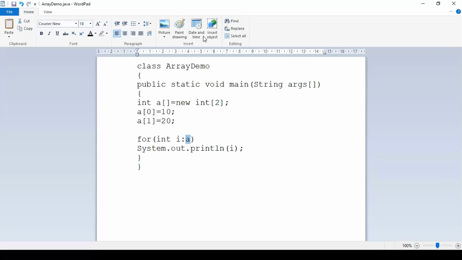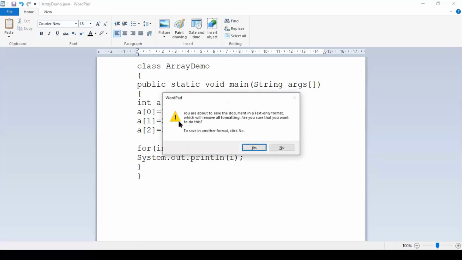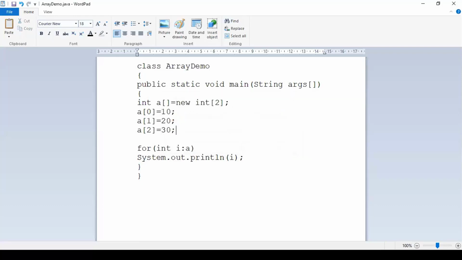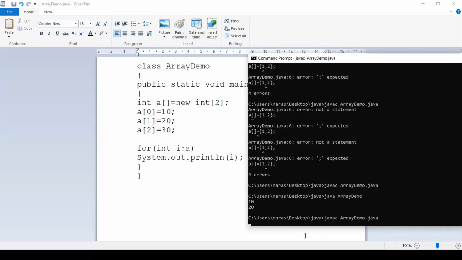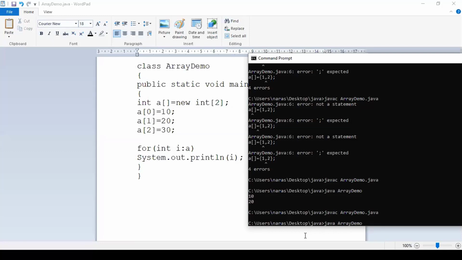So sir, what if we use the jump statement, what would happen? See, based on the instructions, whatever you have written, it will work. Say for example, now I will add one more element to this one. I will say a of 2 is equal to 30. Now I don't bother about what the for loop has been written, because it is completely taking care of all the elements of my array, right?